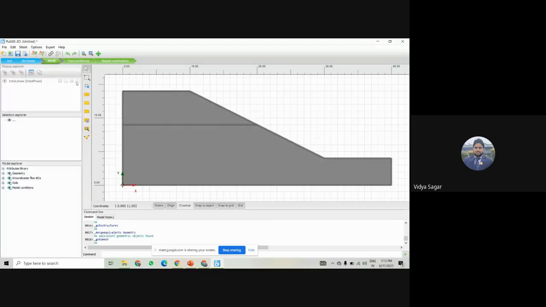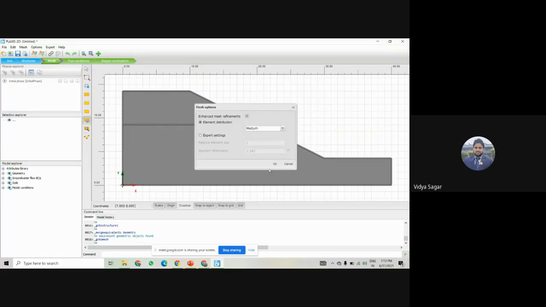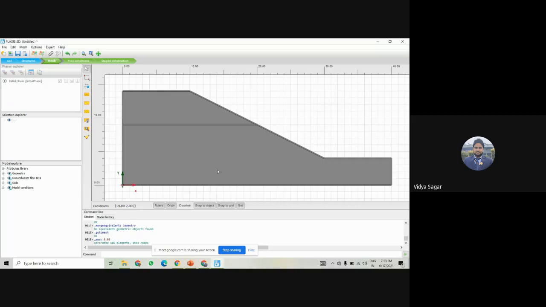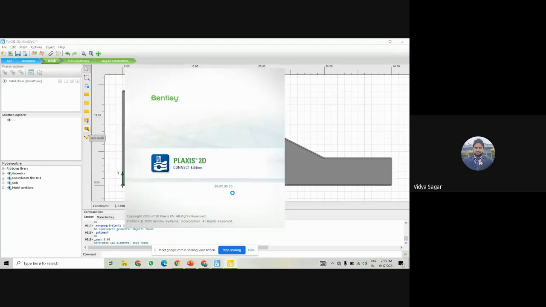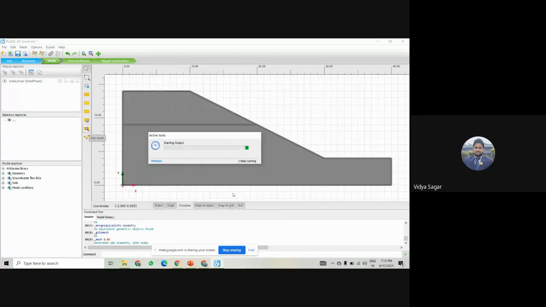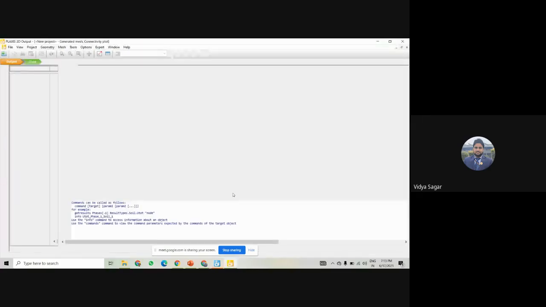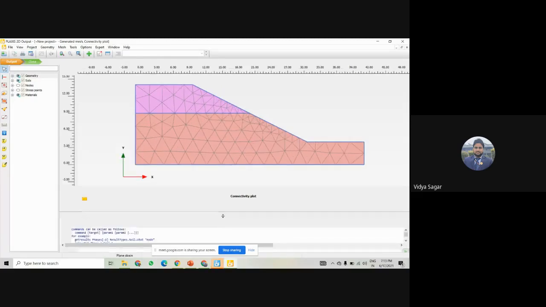For the mesh, we directly click generate mesh. If I generate this, I am keeping it as medium. You can increase and decrease it, but that does not affect much. Only the mesh will change. So now if we see this mesh, it will look like this.